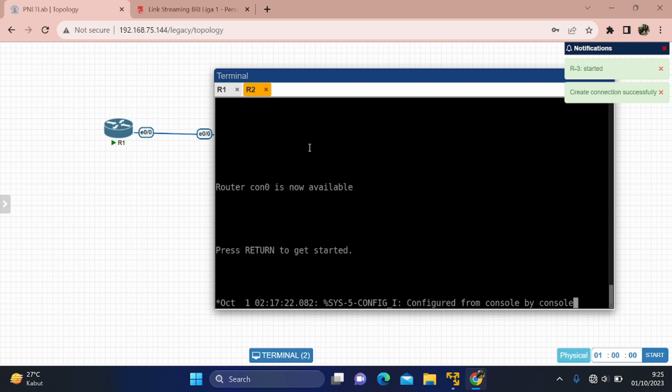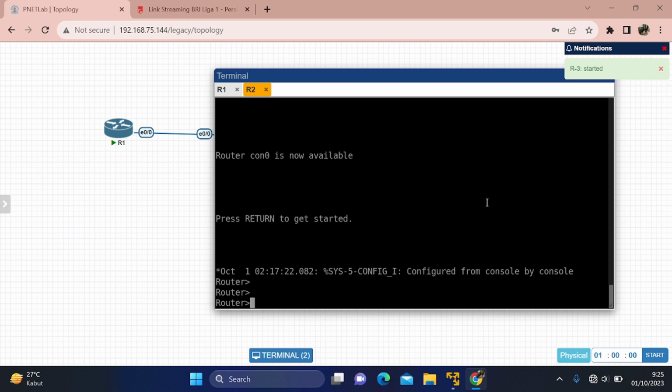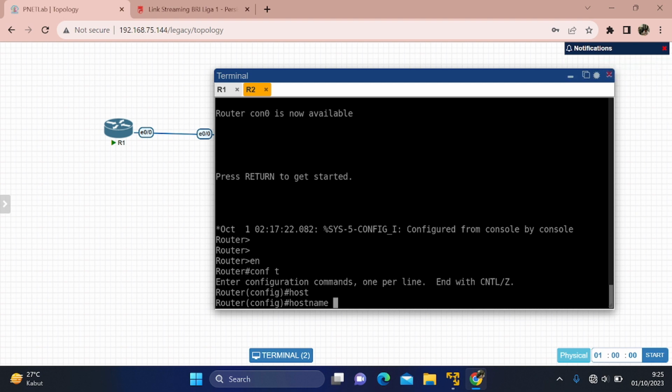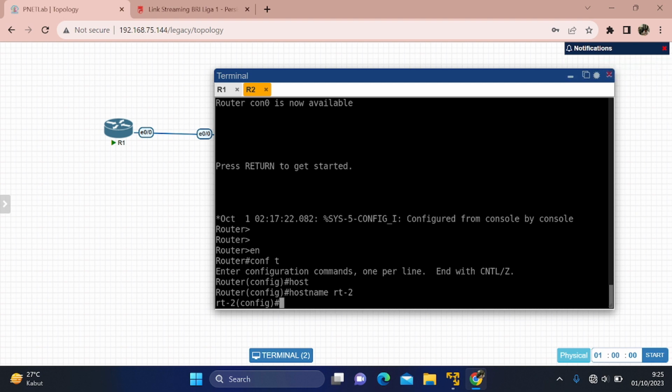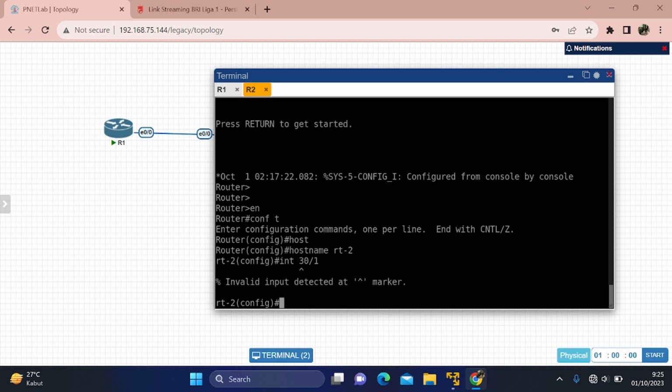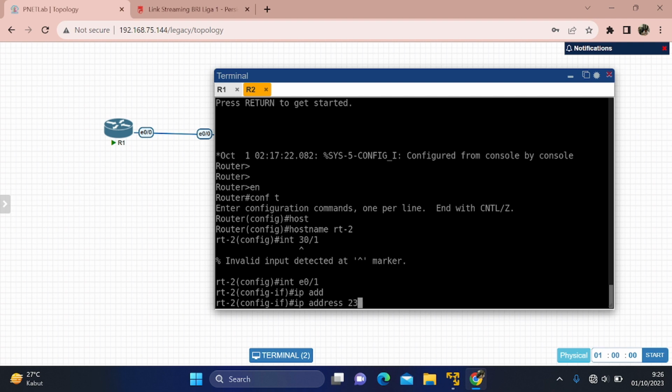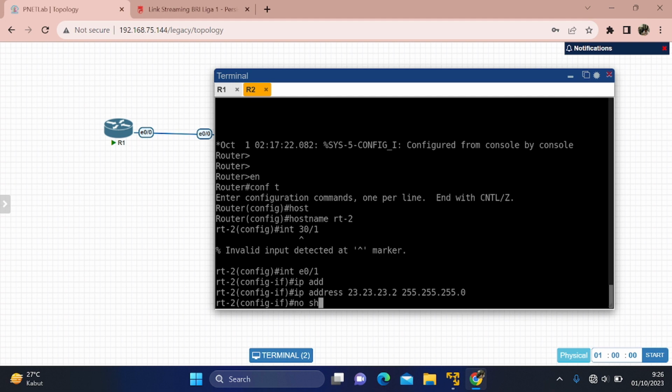And then in router 2, enable, configure terminal, interface fa0/1, and then the IP address 10.2.255.0, and then don't forget to no shutdown.